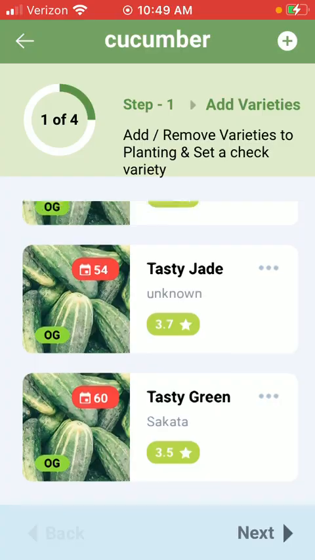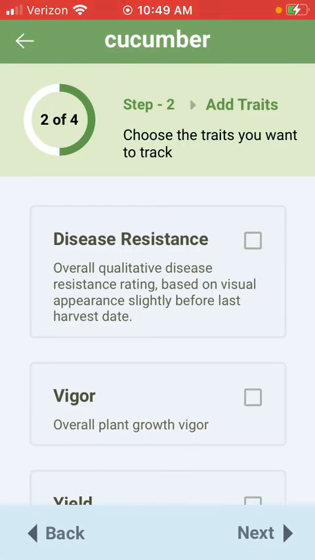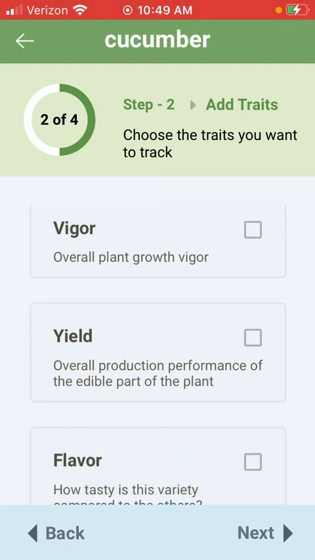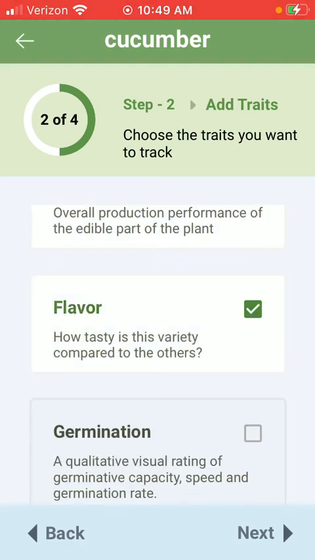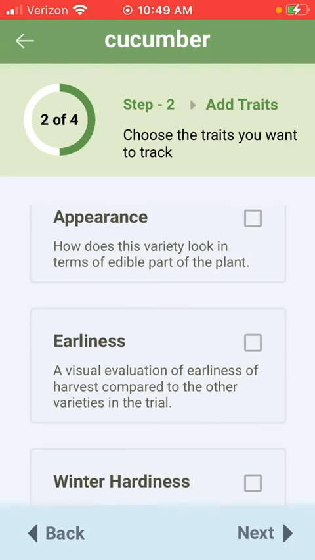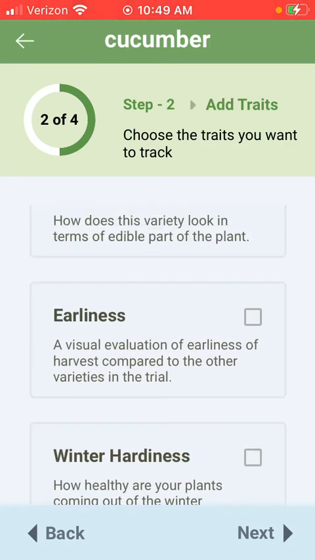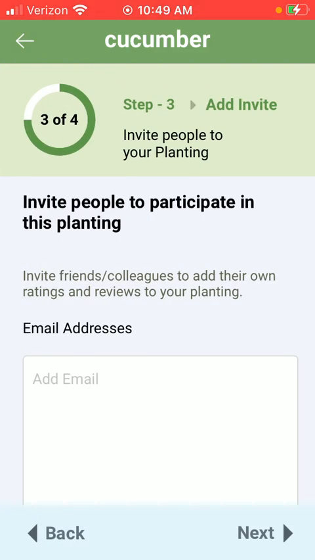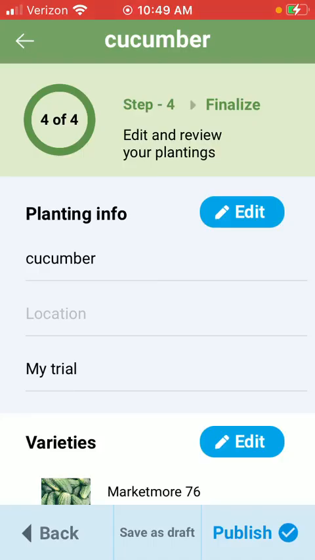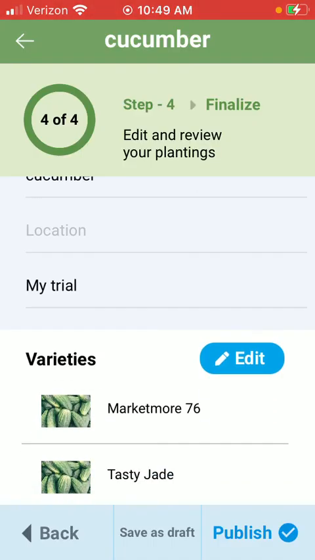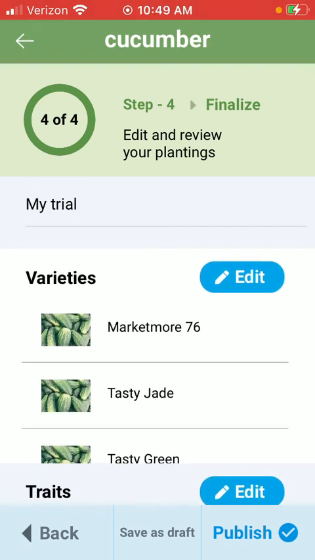these varieties for me. For instance, I want to look at what does well in terms of overall disease resistance, yield, flavor, and earliness. And if I want to, I could invite somebody else on my farm to also help review this. And at that point, then I can finalize, publish it, and begin reviewing based off of the traits that I